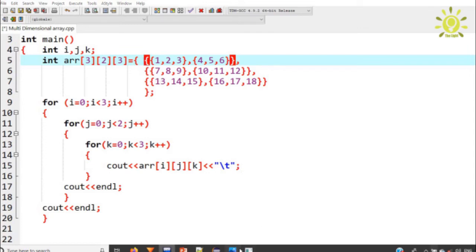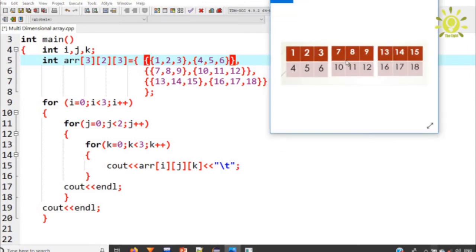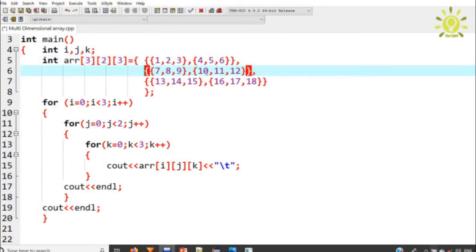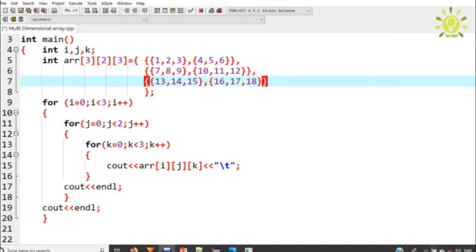So here you can see that it has 3 dimensions, 1, 2 and 3. So the output will be like this, 1 dimension, 2 and 3. You can see that each dimension is separated with a comma. So first dimension, the second dimension, and the third dimension.